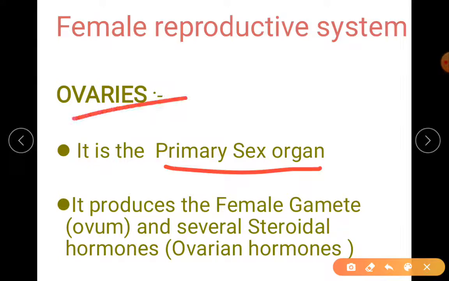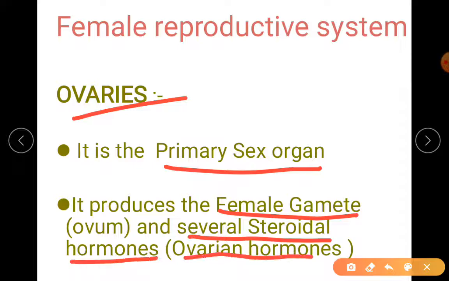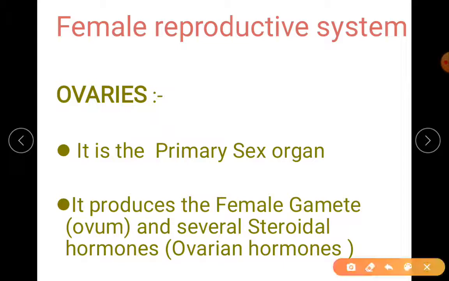So the ovary not only produces the female gamete, it also produces the steroidal hormones, which we call ovarian hormones. We have to remember that as gametogenesis occurs, that is, the formation of gametes, there are hormones involved in the production of gametes, because once the gamete is fused or fertilization is successful, the formation of gametes should be halted. So who will halt it? The ovarian hormones. Why do we halt it? Because of the pregnancy. I hope you're getting the idea. Don't worry, we'll understand in coming topics.